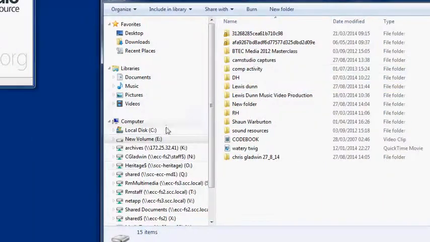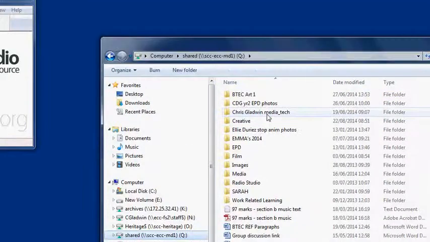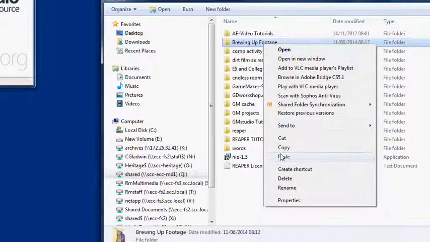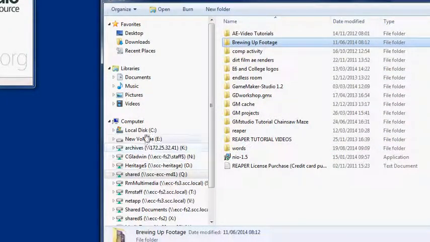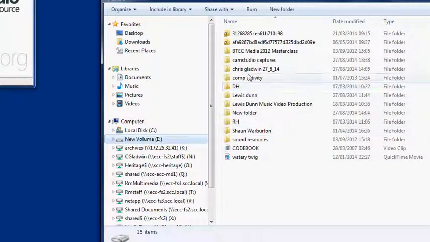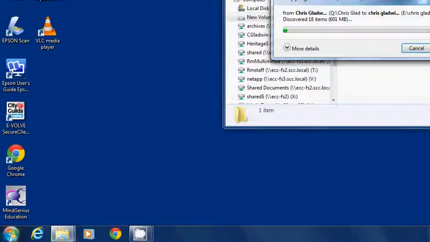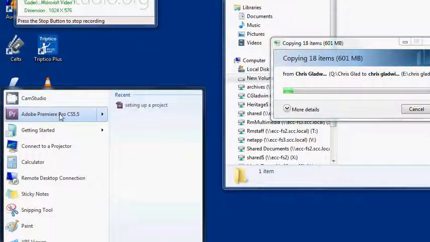So I've got some stuff on the Q drive that I'm going to copy into there that I'm going to use to edit with. Let's copy this folder, go back to the E drive and my folder and paste it in there. So whilst that's doing, I'm going to open up Premiere,